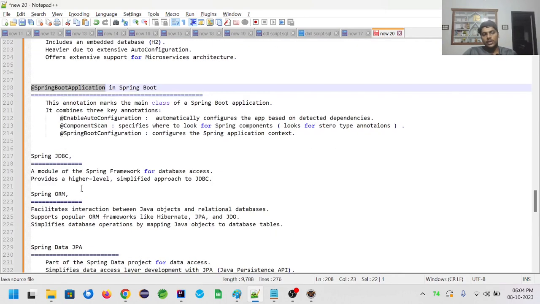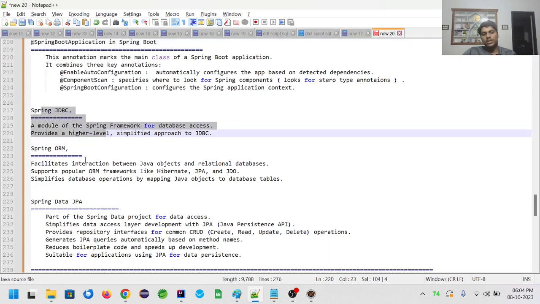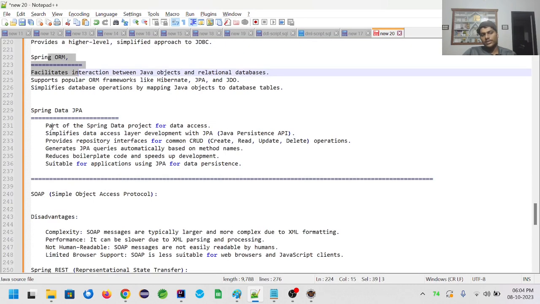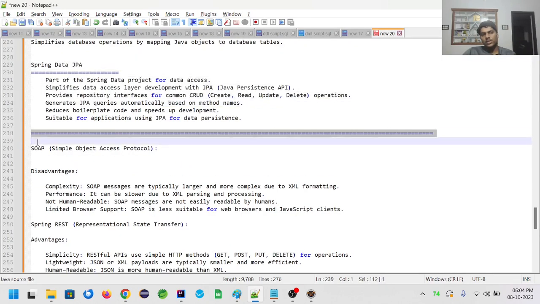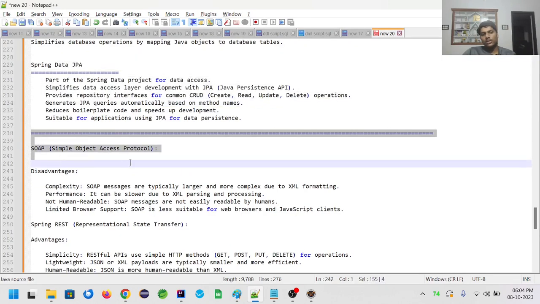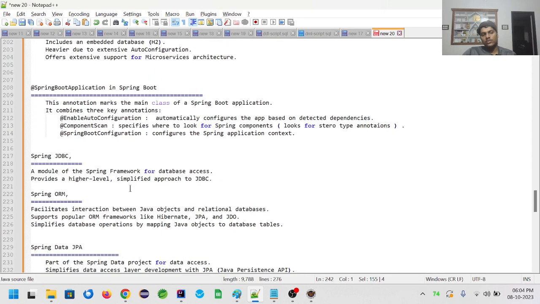Next is Spring JDBC, Spring ORM, already discussed, and Spring Data JPA. These things we will look into later, on a different day. As of today I am just